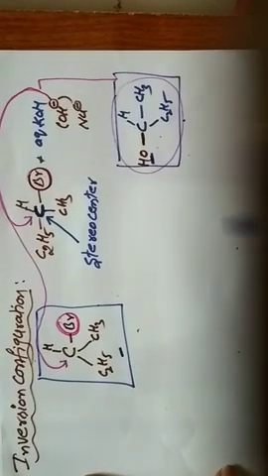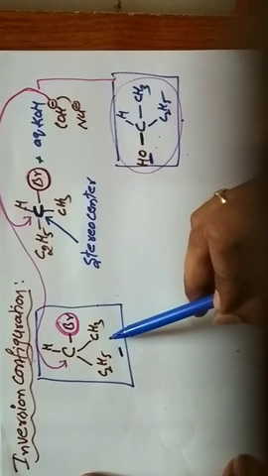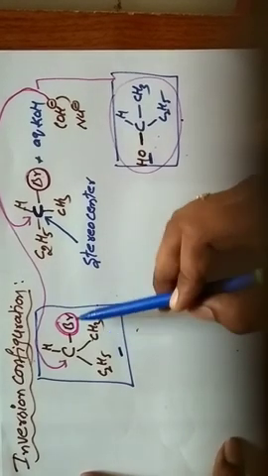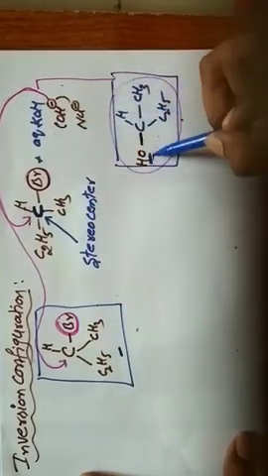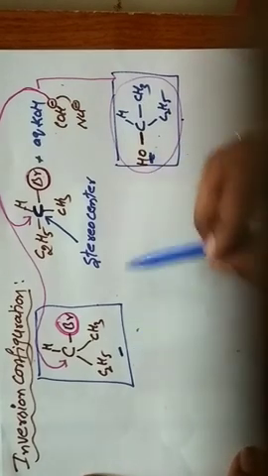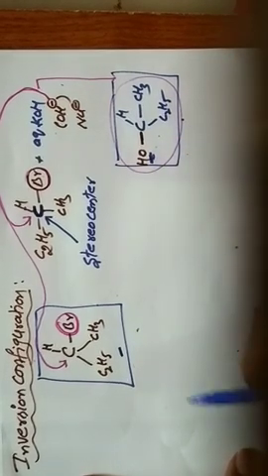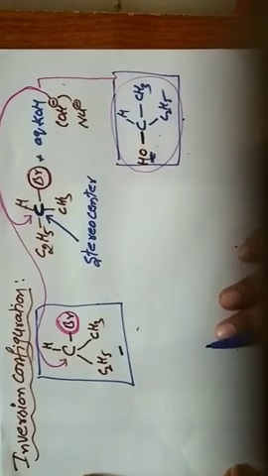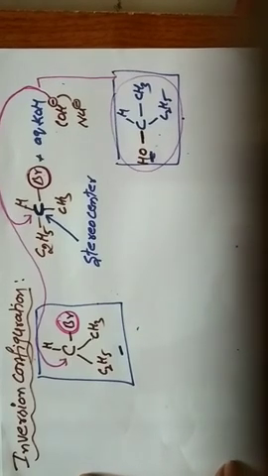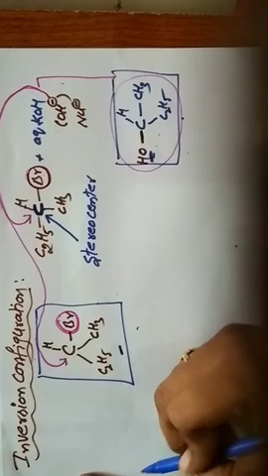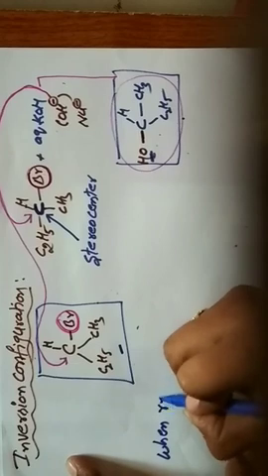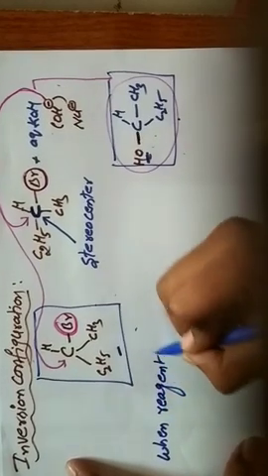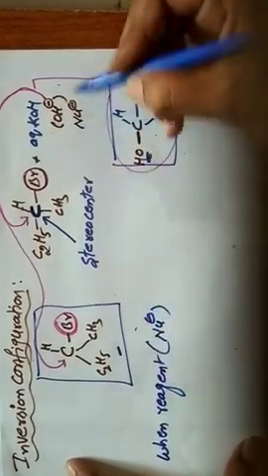Inversion configuration. So in this molecule, bromine is present at the right side. After the completion of the chemical reaction, the OH group is present at the left side. That is called inversion configuration. So a process is said to be inversion configuration when a nucleophile, that means the reagent, can attack the